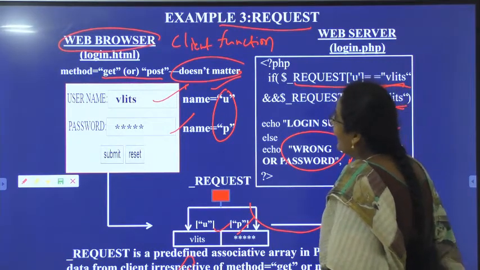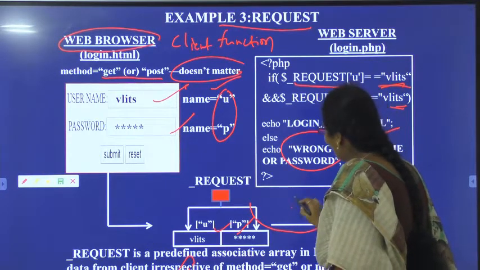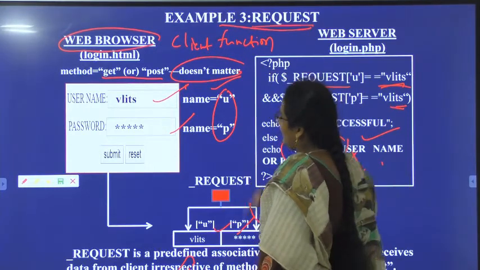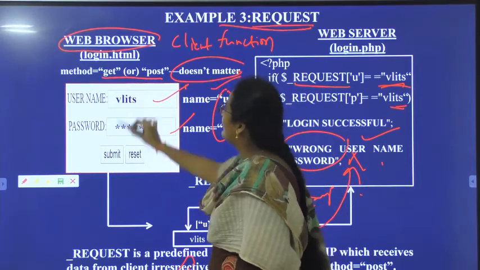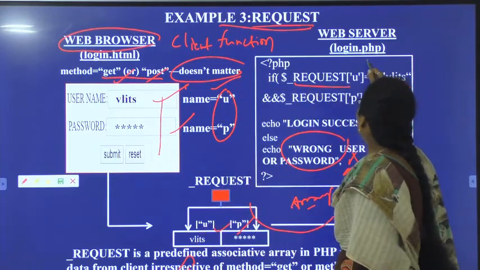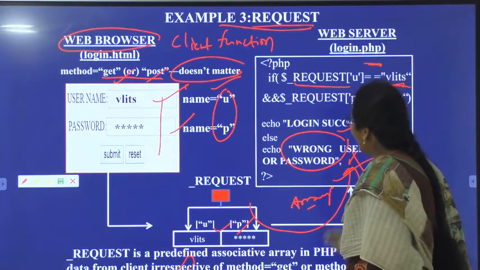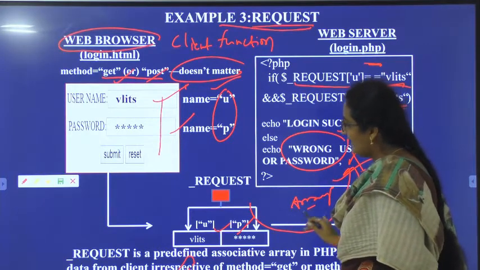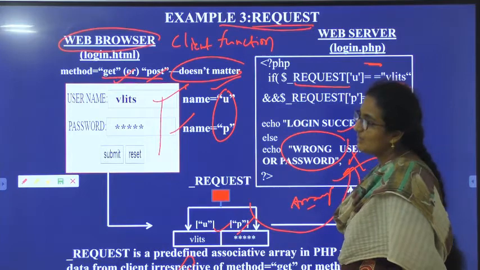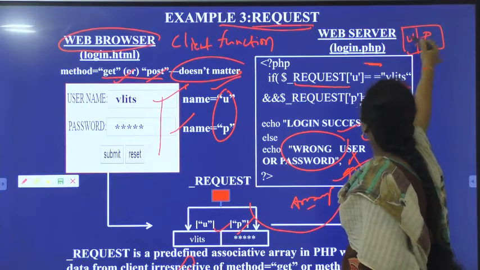These credentials are not added to URL, the credentials are not added to HTTP header also. They are added to array. So we are using request function. So we are not considering which method to be used. Just the credentials, login and giving that PHP page to web server. If the credentials are correct, we will get login successful, otherwise we will get wrong username and password. Here we are not adding this username and password to URL, we are not adding this username and password to HTTP header also. We will maintain an array. In that array we will have username and password.